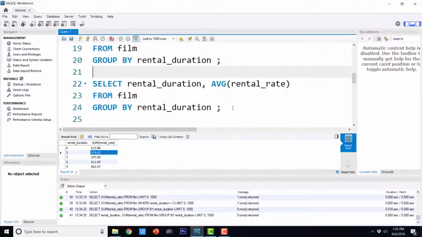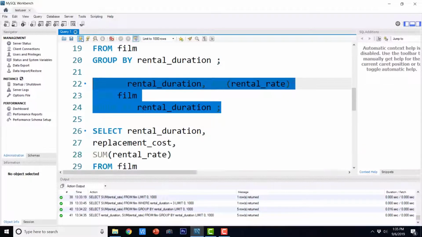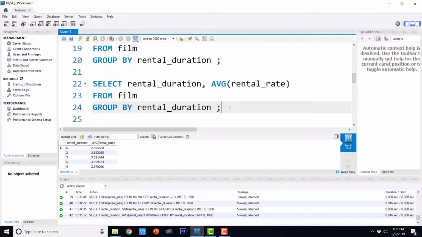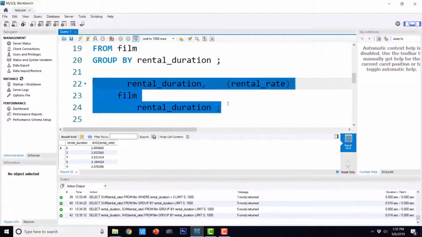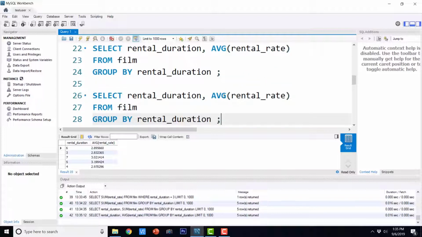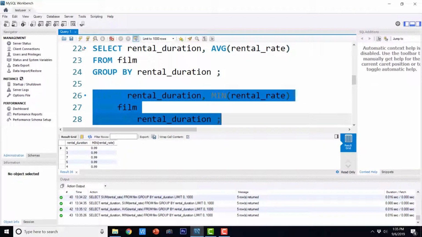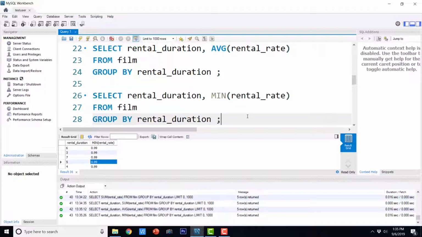In a similar way, we can calculate the average, and we can even calculate the min and max and all the other statistical functions that we have seen earlier. So this is the minimum, and if I execute this, this is the output. It seems that the minimum rental rate in all the films for the rental durations shown is 0.99.